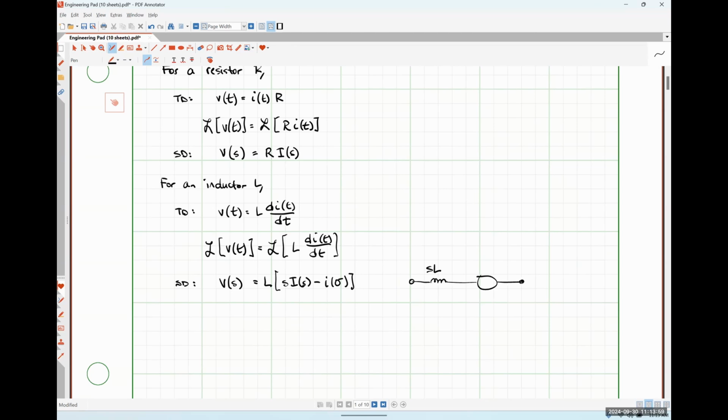And because the voltage is negative, because there's a negative sign right here, I'm going to put the negative polarity terminal on the left, the positive polarity terminal on the right. And so this is going to be just L times our inductor current at 0 minus. And I'm going to define the voltage drop across this thing, positive polarity on the left, as V of S. And I'm going to define the current flowing through this thing, so flowing into the positive polarity terminal,